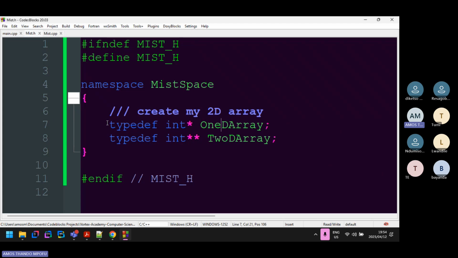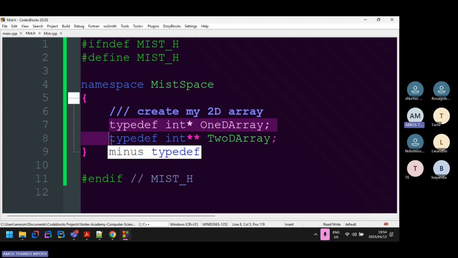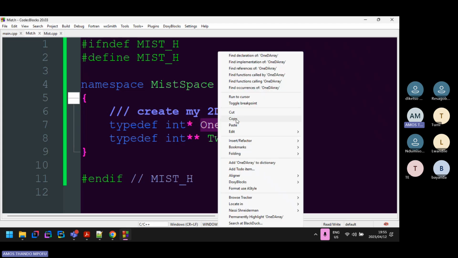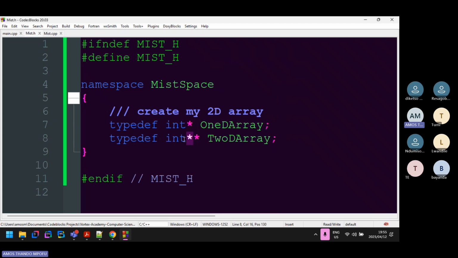But remember, C++ reads from top to bottom. So when it gets to line 7, it was already executed. When it gets to line 9, it is already executed line 7. But then didn't we say that this part of an int star pointer is a new name? This part of it is a new name. Didn't we say that? Yeah, we did in the previous line. So that means I can simply copy this and then put it as a placeholder here,